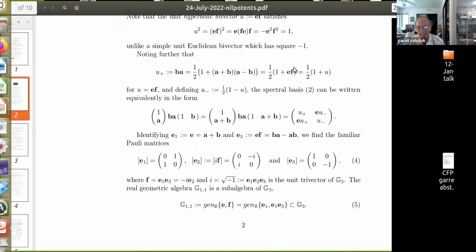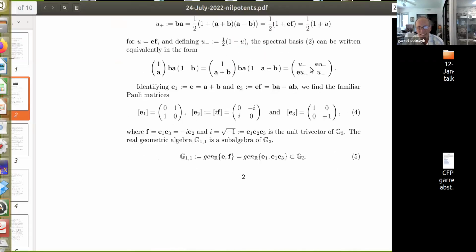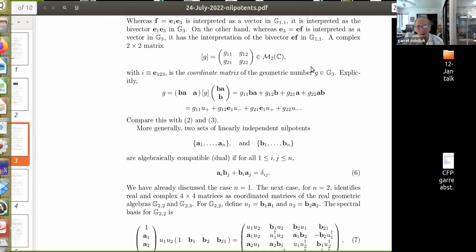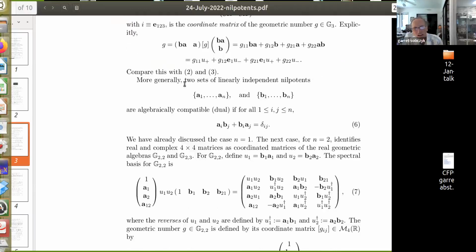So let's take the next case here. Okay. So here's the general definition. More generally, two sets of linearly independent nilpotents, A1 to An. They're linearly independent, so they're mutually anti-commuting. And now we're taking a second set, B1 to Bn. The B's are all anti-commuting, so that's a second